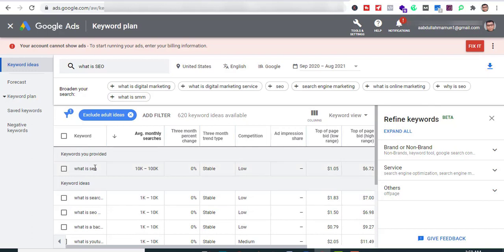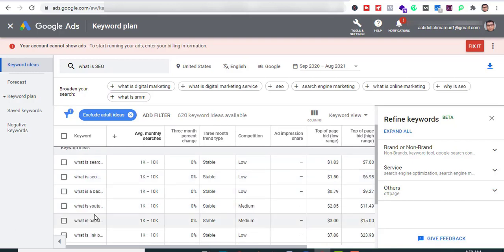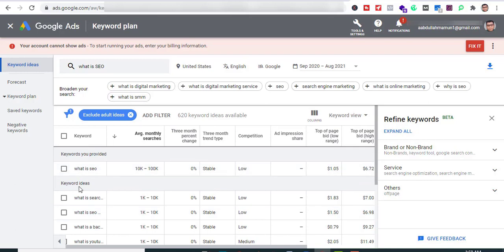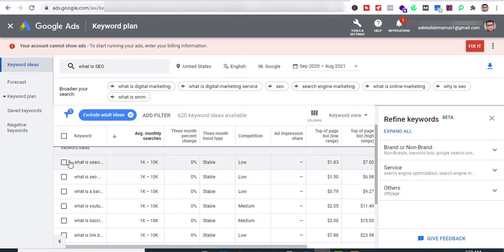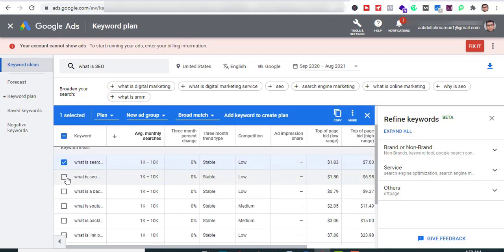My keyword, what is SEO, and many keyword ideas. What is search, what is SEO, what is. So copy keyword ideas, click and copy. Okay.